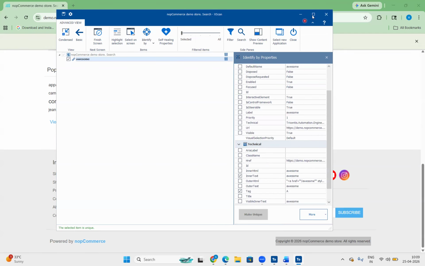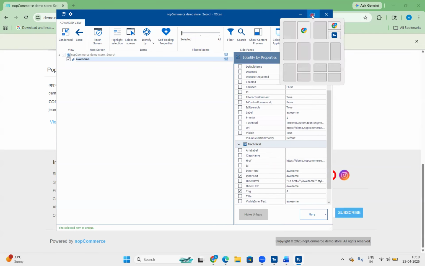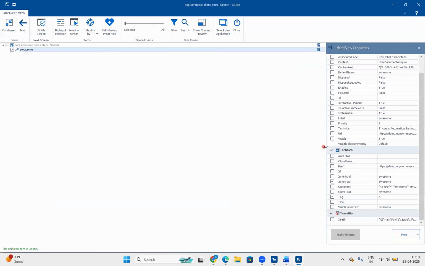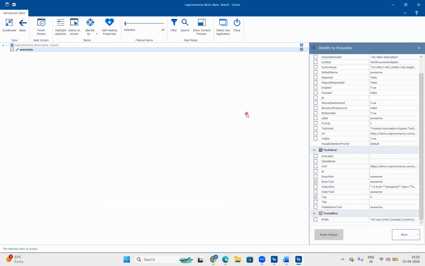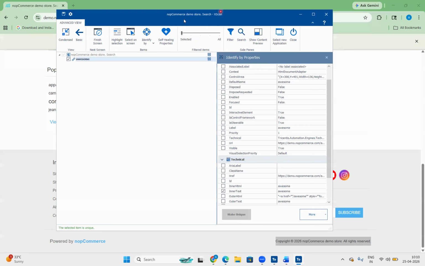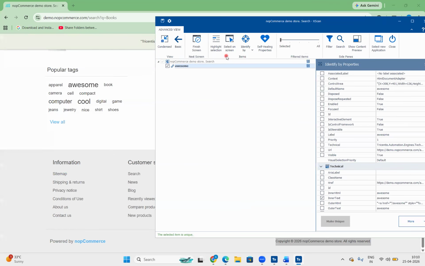While selecting manually, is there any other problem we will face? No problems. Maybe sometimes due to the network it might get stuck for 1 or 2 seconds. But other than that, there are no other problems.